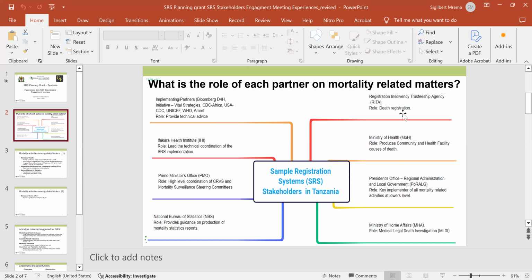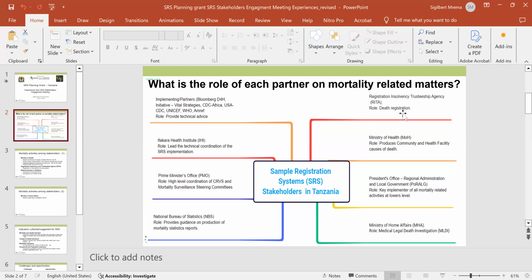We also identify the President's Office, Regional Administration and Local Governance Government Ministry. This ministry manages all local government staff, and in SRS we plan to use the current systems.